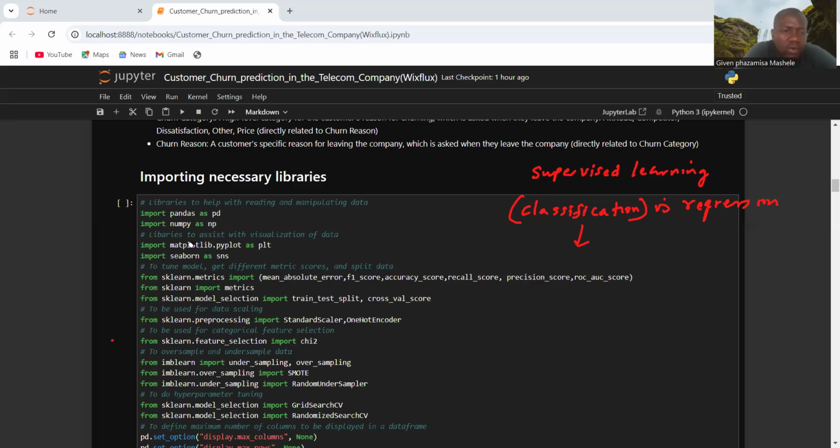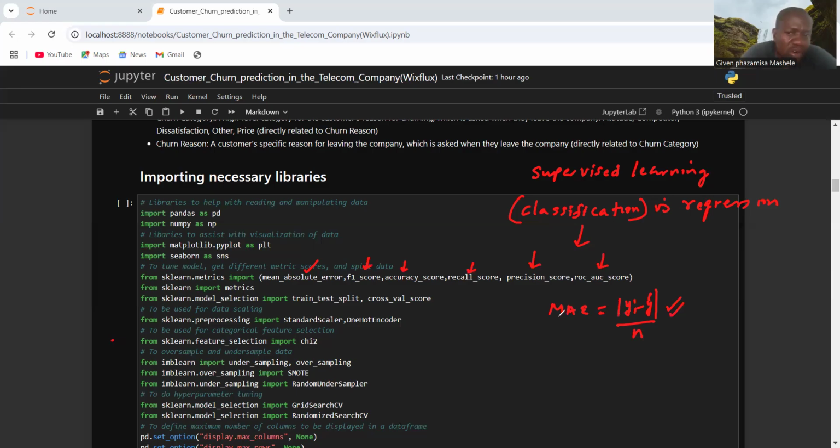the metrics, which we'll talk about. The first one is the mean absolute error. This has to do with minimizing the errors by using an absolute value. And actually, this is the mean of the difference between the true value and the estimated one, divided by n. We'll talk about this. And also, we need to import what we call the F1 score, which I'll talk about. This is actually the performance metric for classification: accuracy, recall, precision, and the ROC, which we'll talk about, area under